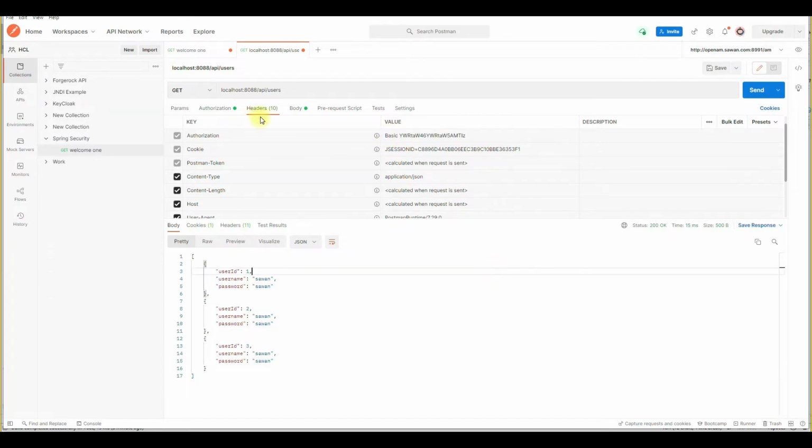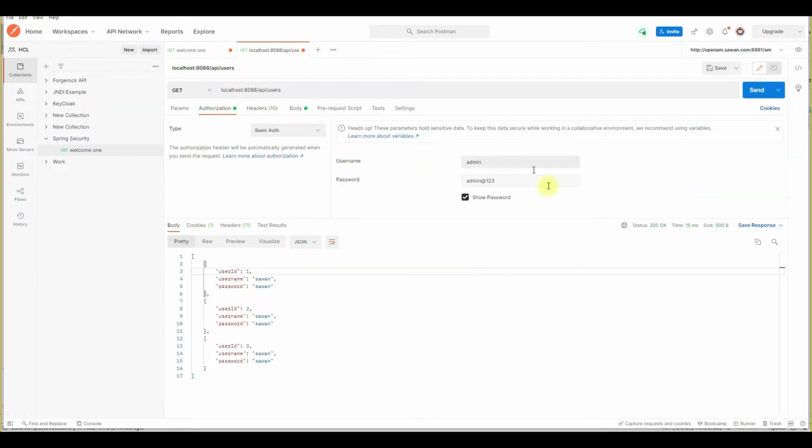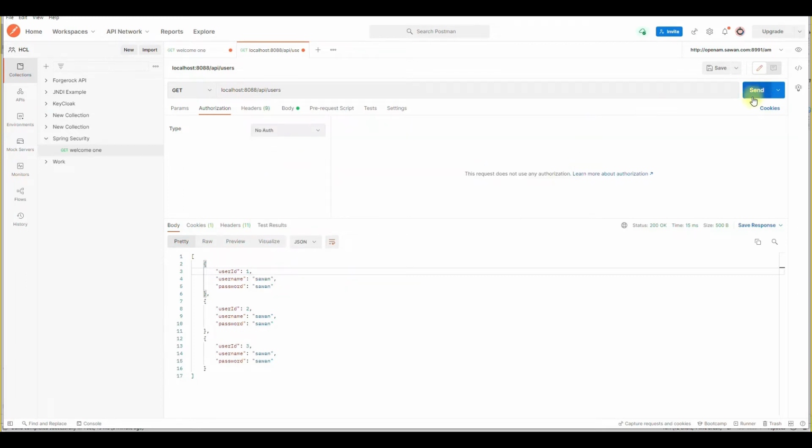Now I already passed my credential here. If I select the no auth and again try to access this, I am able to access it. We don't want to send the authentication every time. Just one time we need to send the authentication, then it will be stored in a security context.